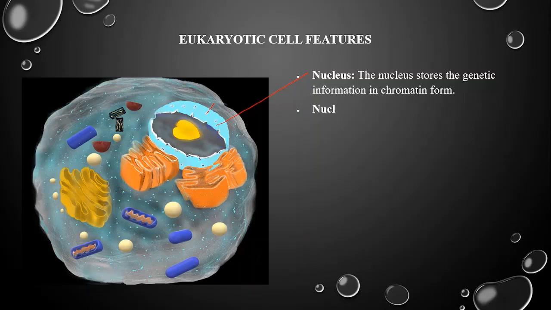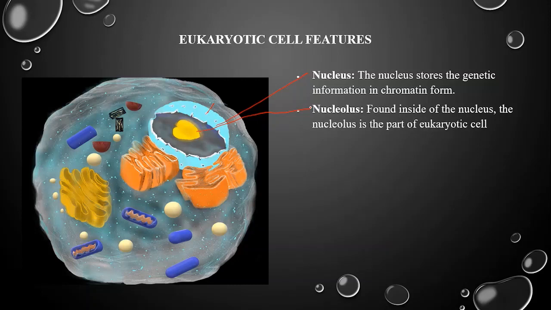Next one, nucleolus. The nucleolus can be seen inside the nucleus and it is a part of eukaryotic cells where ribosomal RNA is produced. It is a dynamic membraneless structure whose primary function is RNA synthesis and ribosome biogenesis. So it has a very important role in the production of RNA and the biogenesis of ribosomes. Next one,